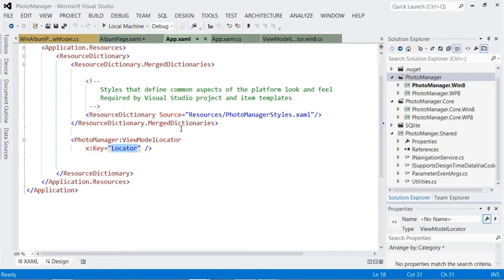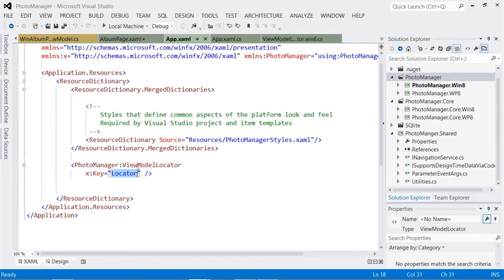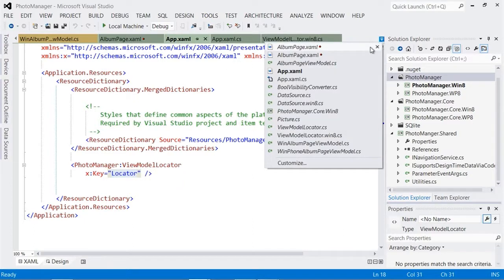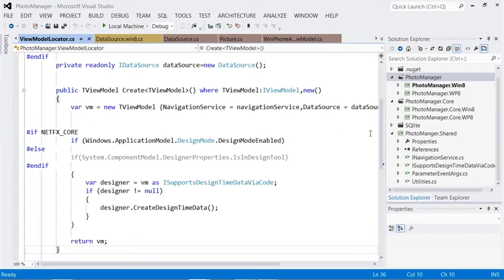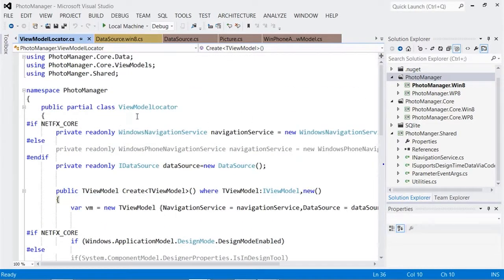These are my application resources. My static resources is using something called ViewModel locator. And so if I find ViewModel locator, there it is. You'll see, if I come up at the top, ViewModel locator is actually a partial class